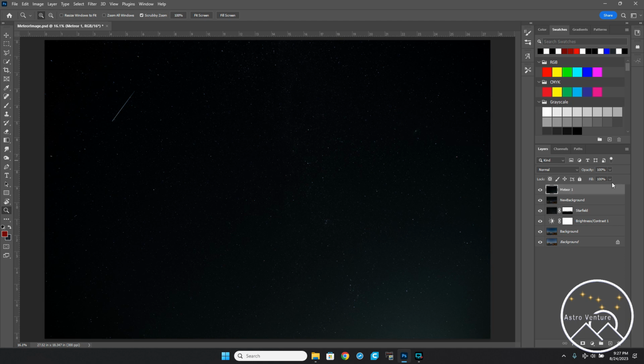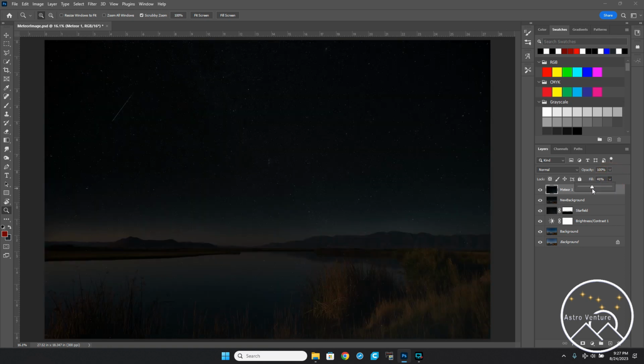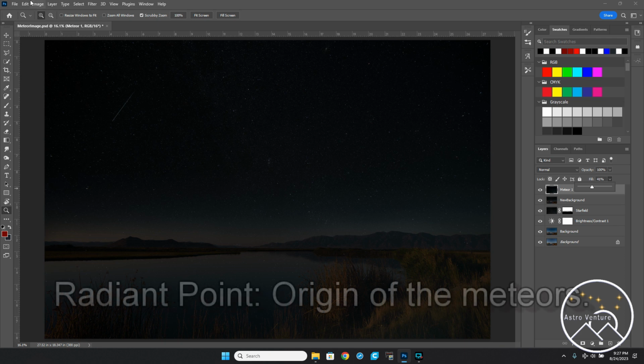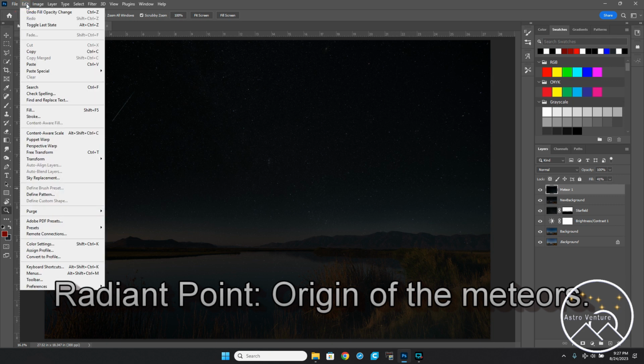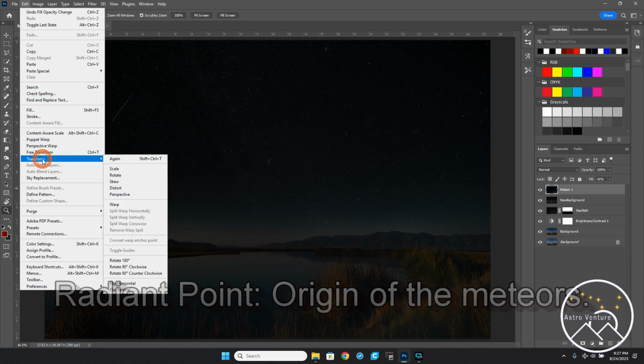Enter. And I'm going to take the fill and reduce this down so that I can see the underlying image. Now, as I said, I was tracking and shooting the radiant point all night, and I'm reconstructing this image with the background that I want. So I'm going to go ahead and hit Edit, Transform,